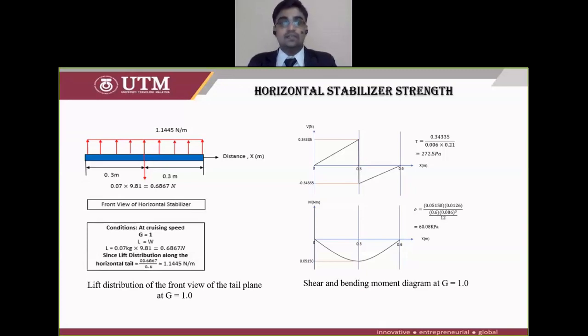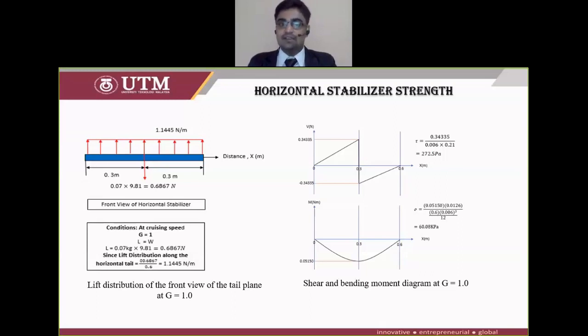the strength of the stabilizer also needs to be theoretically determined for the proper material selection of the design, which depends on the physical and mechanical properties of the material. Hence, this can be achieved by comparing the local stresses of the stabilizers at cruising speed at different load factors, such as G equal to negative 1.5, 1.0, and 3.0. The lift is assumed to be equal to the gross weight of the aircraft because the calculations are made